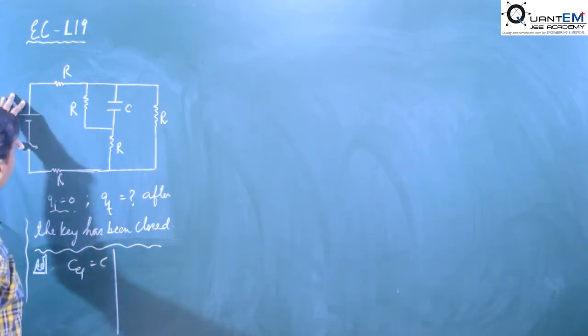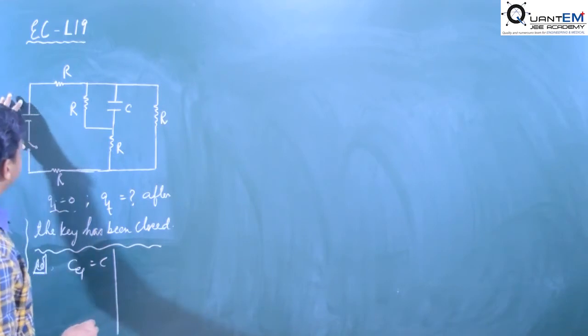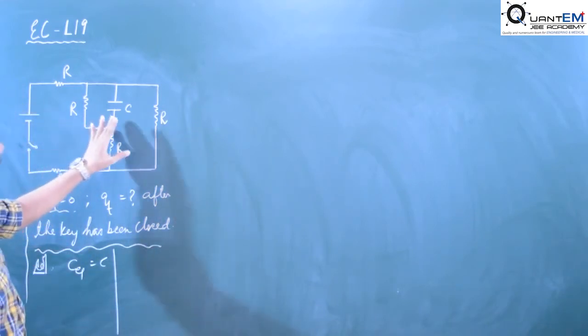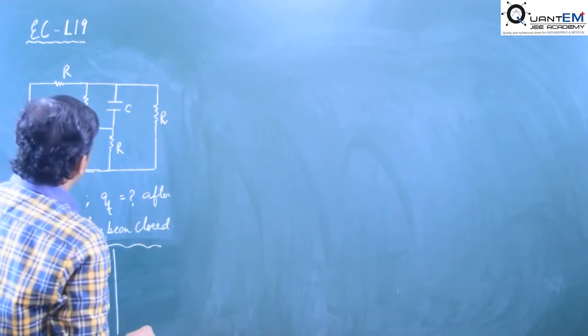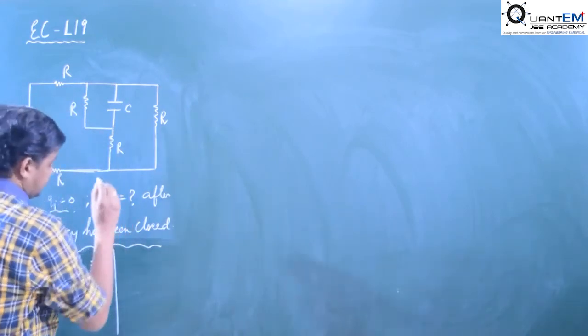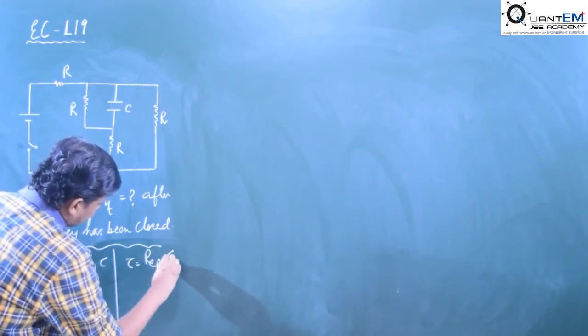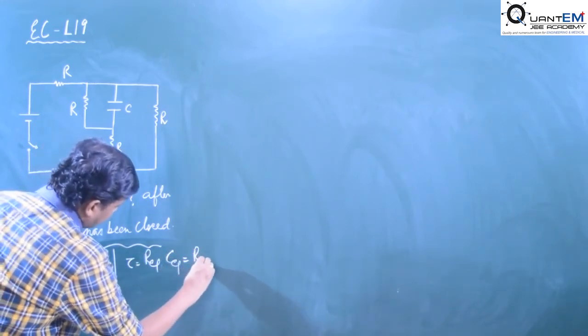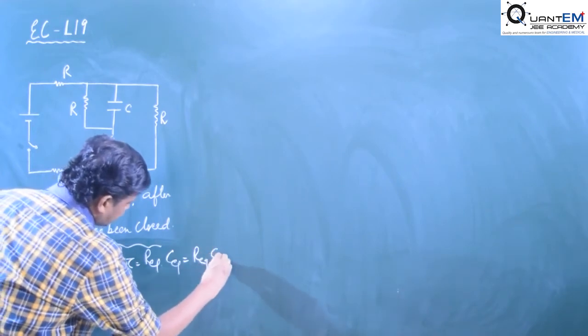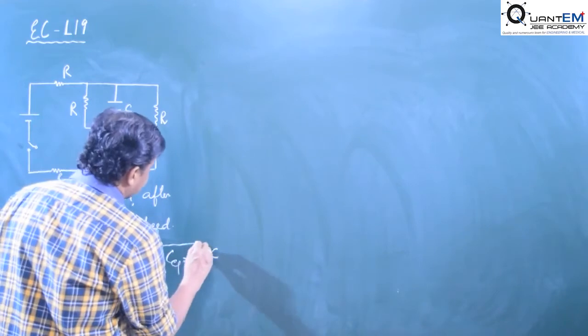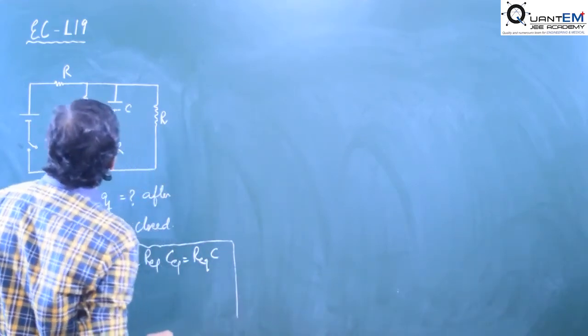The source will be removed and the source is short circuited. Okay, and about the terminals of the capacitor we have to find the value of what? The resistance tau. We'll have to get, that is what? R equivalent into C equivalent. R equivalent C, we have R equivalent is equal to what? RTH, that is called the Thevenin's resistance.